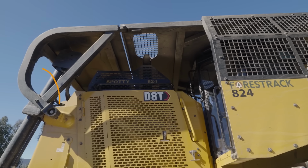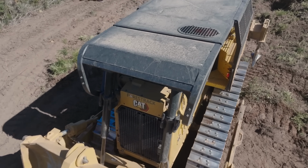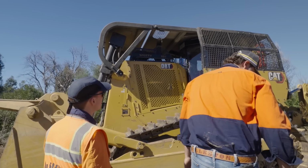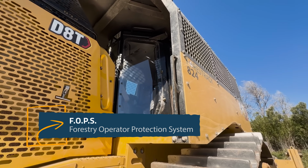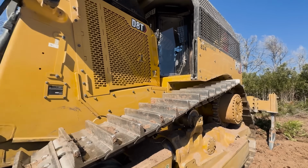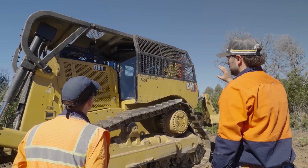is your front ram protection there and your roof. We put the steel roof on, obviously with a bit plasma cut out for exhaust, and then fully manufacture all these side guards, the purpose of which is the FOPS, so Forestry Operator Protection System, and that is just to protect that operator from any sticks, timber, or anything like that that might breach that cab and actually put your operator in danger. So all this is 8mm steel, and it's just been plasma cut out in that mesh configuration to